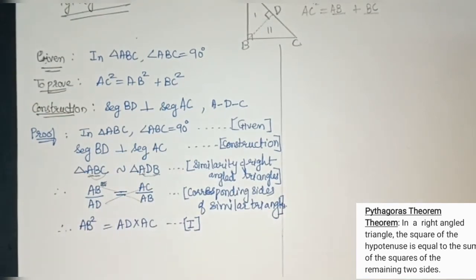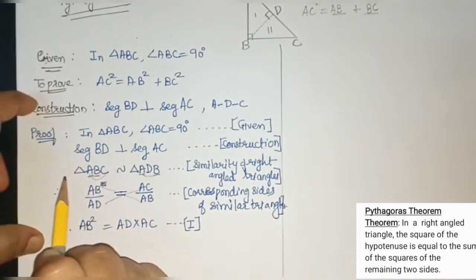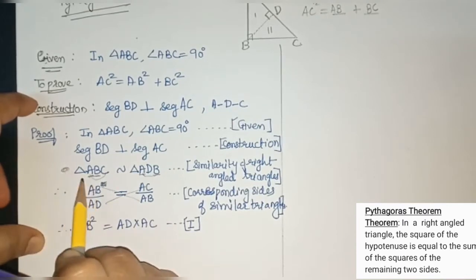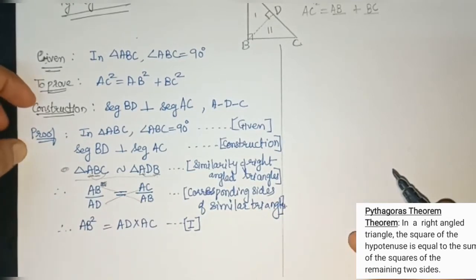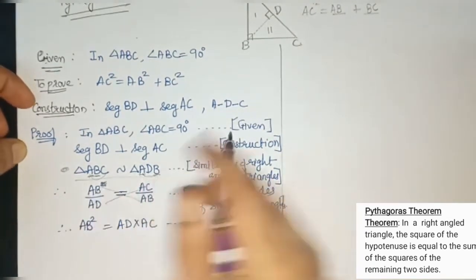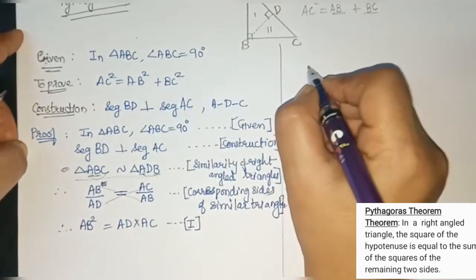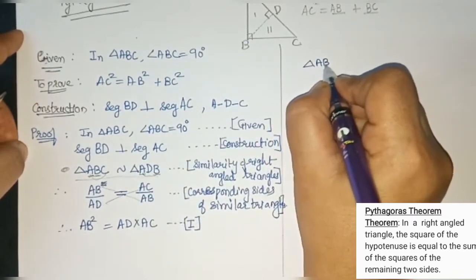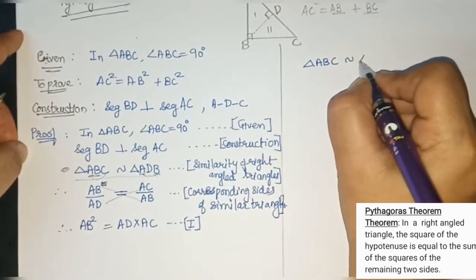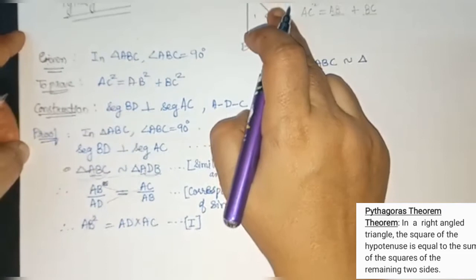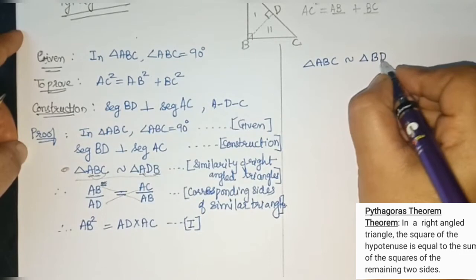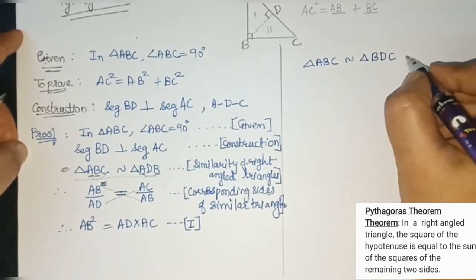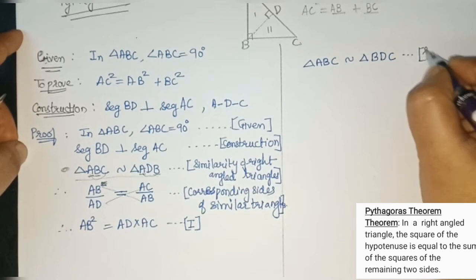Now let us move further. Let us go to the second part of the theorem. As we have taken this one pair of similar triangles, similarly let us take the other pair also of similar triangles. So which is the other pair of similar triangles? Triangle ABC is similar to triangle BDC. So this is also from the theorem we have proved,